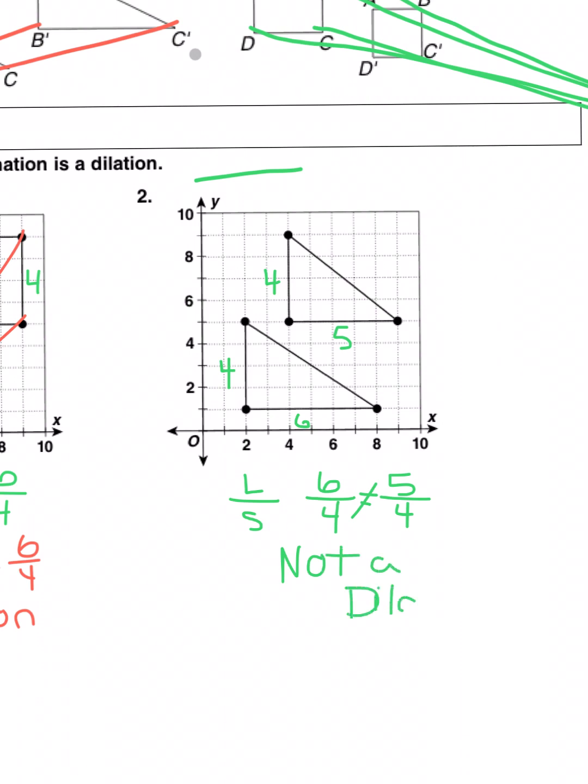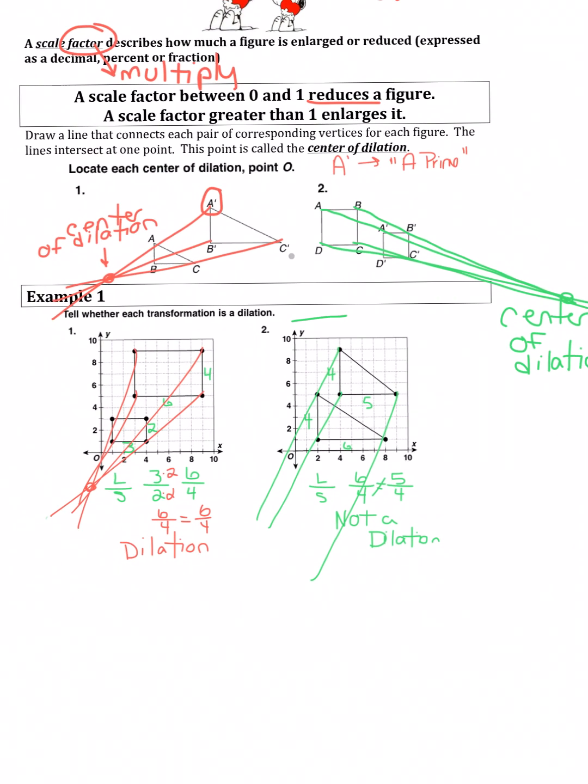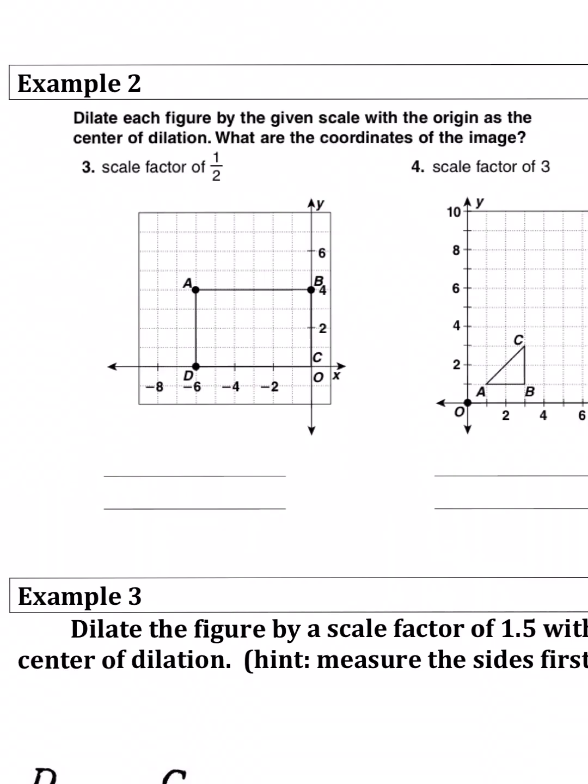And just to show, when we go to connect the vertices, what you're going to see happen is these two are never going to meet up because they have actually formed a set of parallel lines. So there actually will never be a way to find a center of dilation because it isn't a dilation to begin with. Okay? All right,